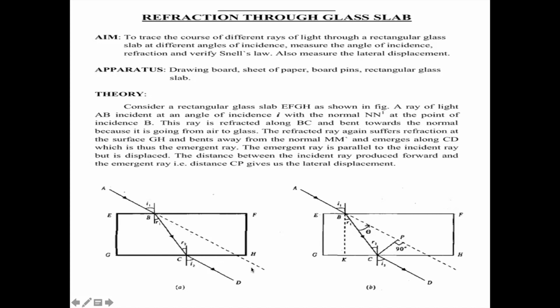This light will go straight, but that is not happening in this case. The light will bend. So that means from C, if I make a perpendicular line, what is the shift? This perpendicular distance between the incident ray and the emergent ray is called lateral displacement. It is also called lateral shift. So what is a lateral shift? It is the perpendicular distance between the incident ray, this is the extended incident ray, and this is the emergent ray.